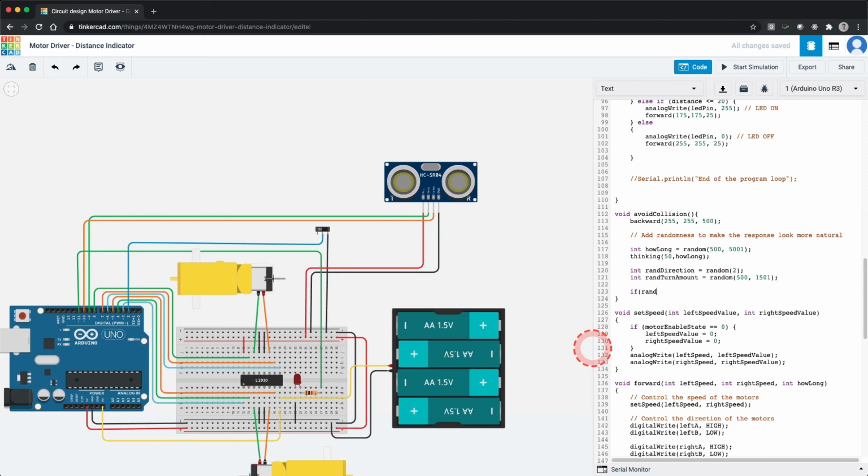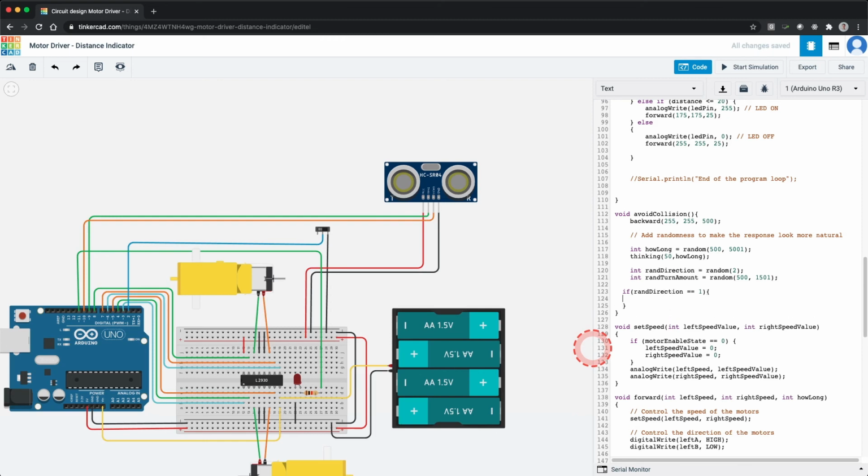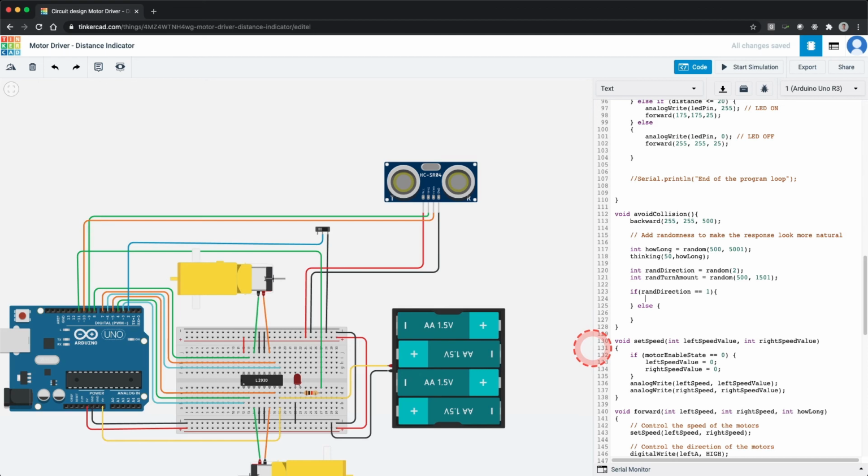Type if (ranDirection == 1) { } else { }. Inside the first set of curly braces, type left(255, 255, randTurnAmount); And inside the else curly braces, type right(255, 255, randTurnAmount);